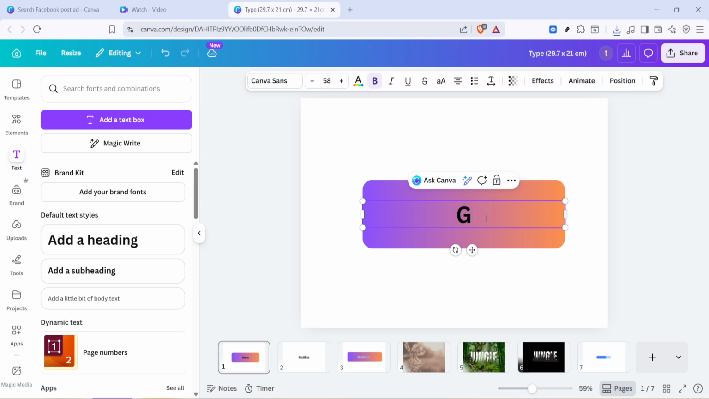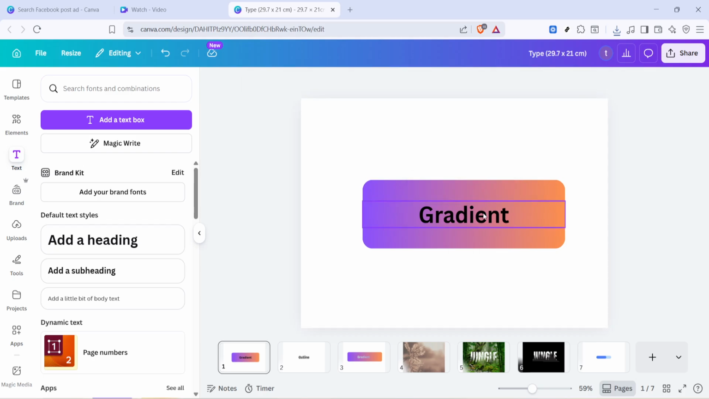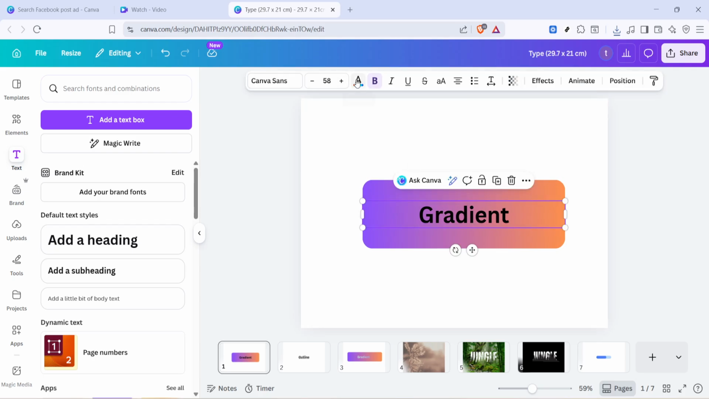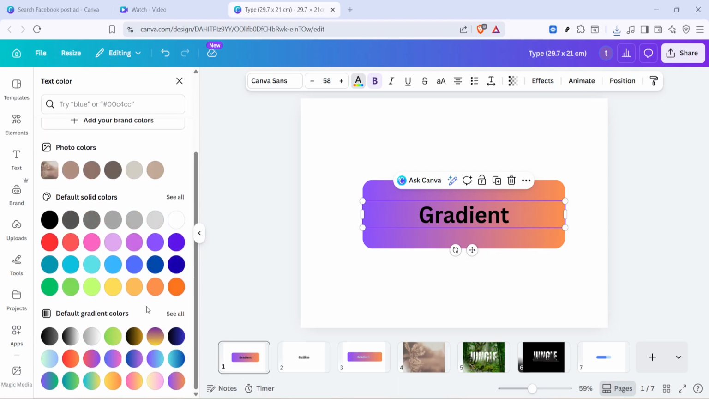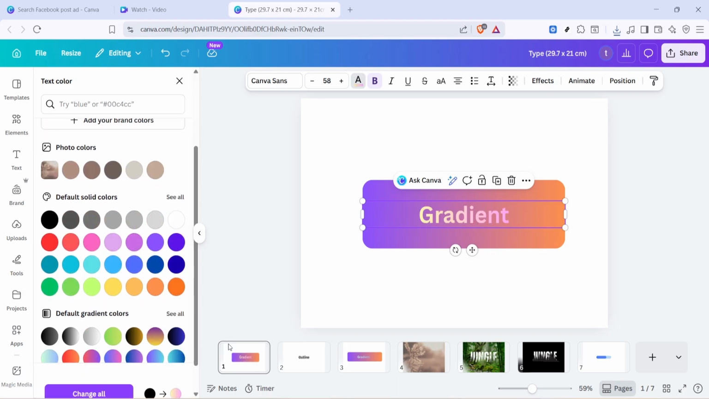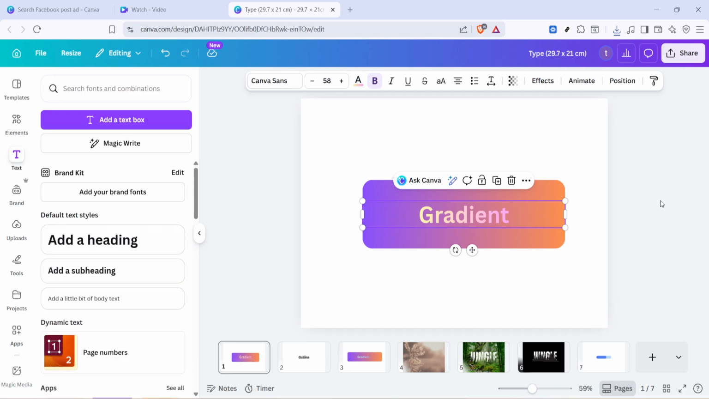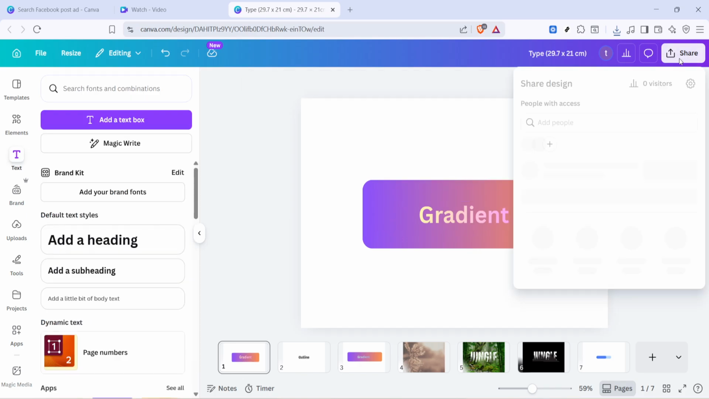Pick tones that complement the box. High contrast improves readability. If you don't see the exact gradient you want, choose solid colors that echo the box's lightest or darkest shade. When the layout looks clean, go to Share in the top right, choose Download, and set